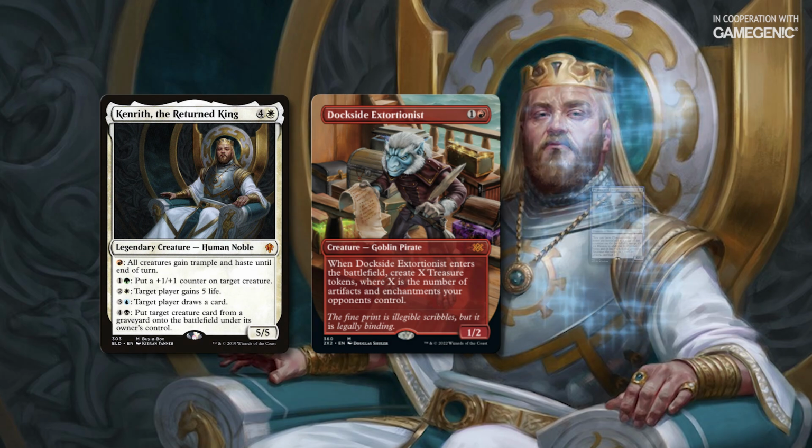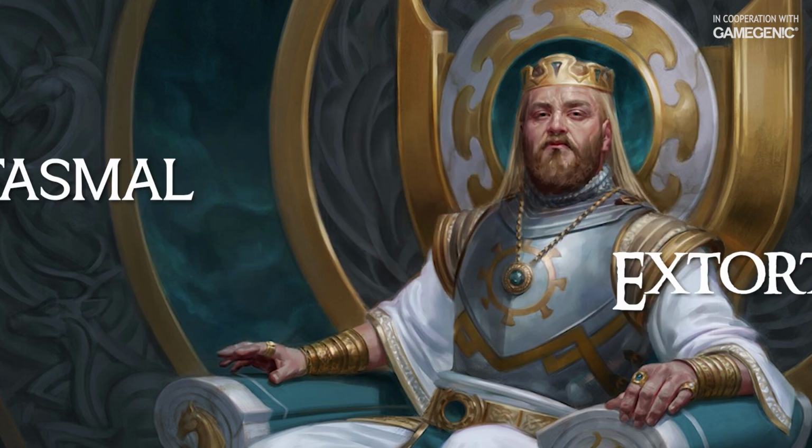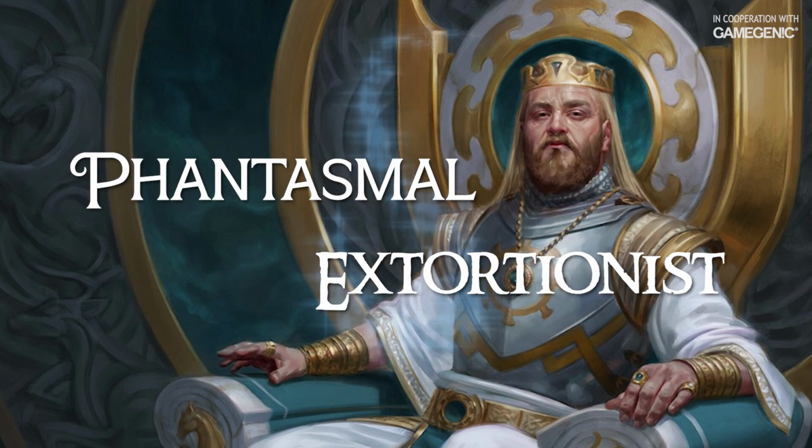Cast Phantasmal Image as a copy of Dockside. Activate Kenrith. Good game. This might be what you hear when the game ends, but what's actually going on behind